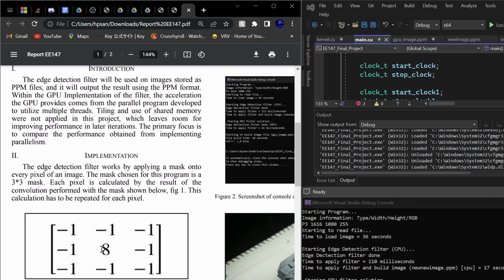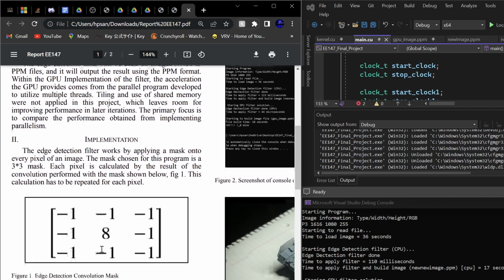The edge detection filter works by applying a mask onto every pixel of an image. The mask chosen for this program is a 3x3 mask. Each pixel is calculated by the result of the convolution performed with the mask shown below in Figure 1. This calculation has to be repeated for each pixel. So this is where we implement the parallelism inside of a GPU,